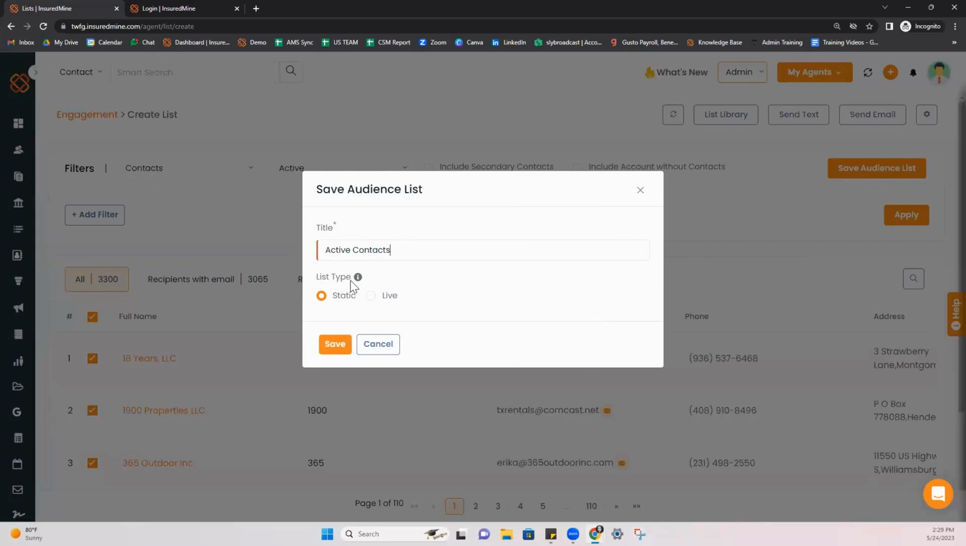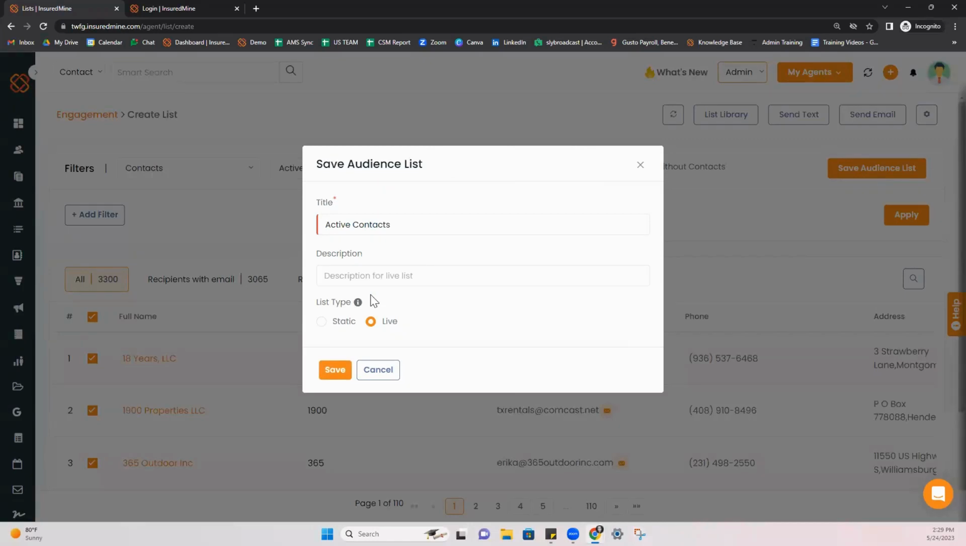And then it's going to ask you for a list type. So static is going to be everybody that's on this list right now. Their emails, their phone numbers, the people will never change. Live, however, will update as your list updates. So if you update their email address or their phone number in the system, this list will also update. Once you've saved it,